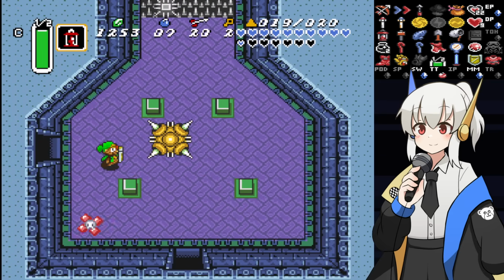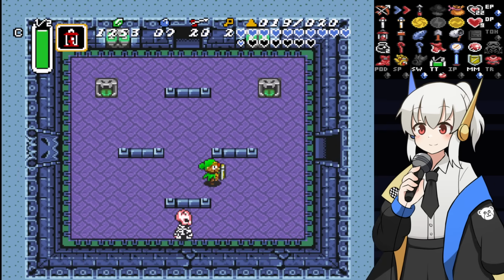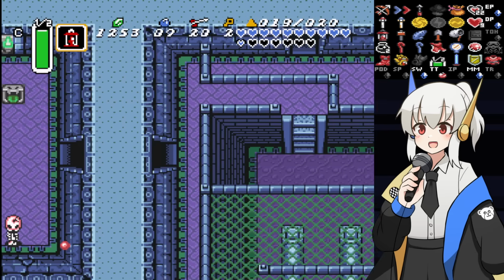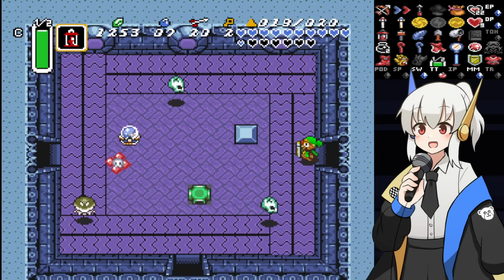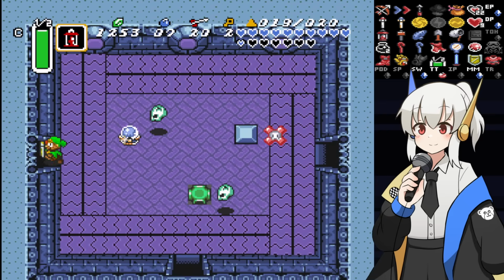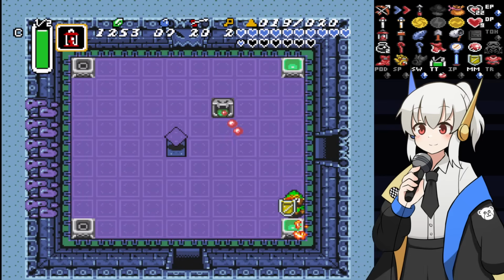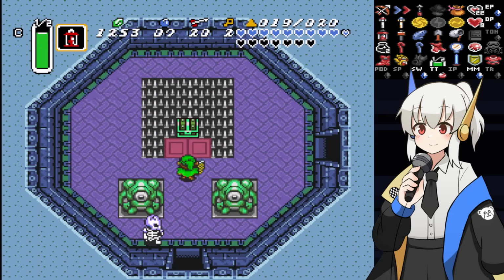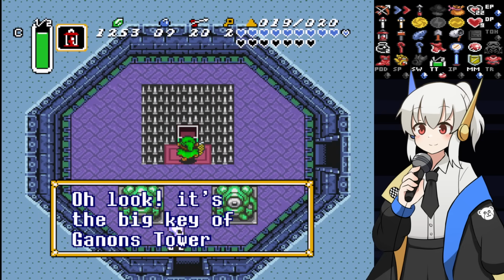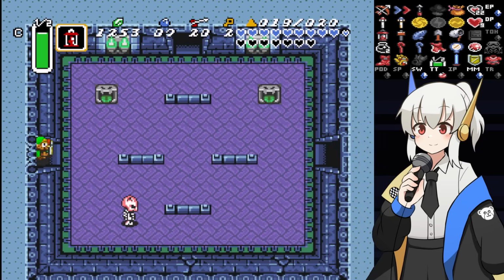Hang on. I need to go down south here. Hang on. I think there's only like 1 more item check here, and it's just up ahead. I need to go north. Go, go, go. You got the big key to Ganon's tower. Oh yeah, I did find a stone that did say that, didn't it? Well...